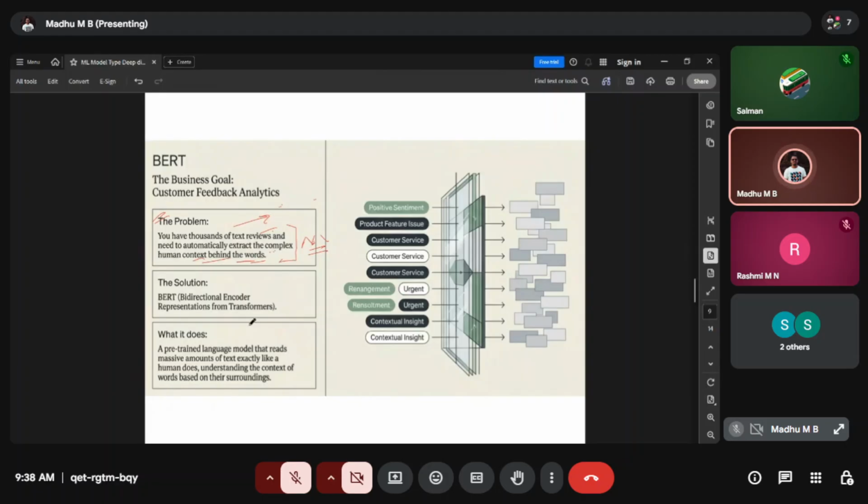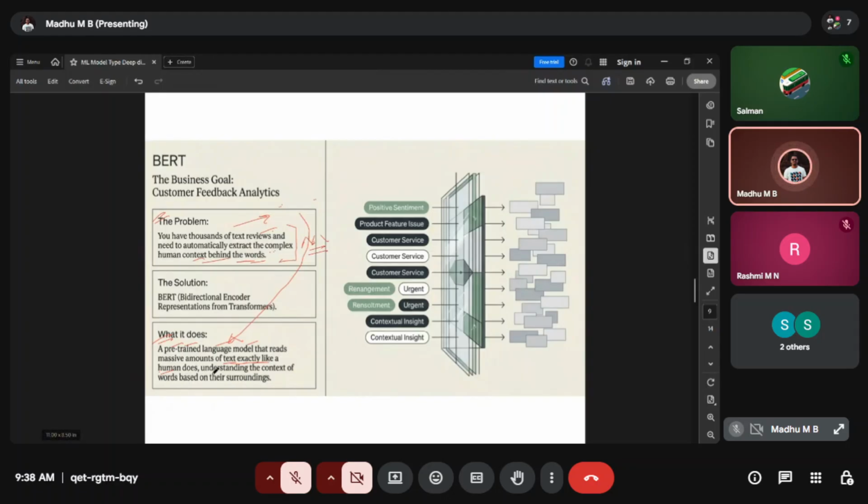For that reason, we will be using BERT. It is a pre-trained language model that reads a massive amount of text exactly like humans. Whenever we get feedback, the text will be fed to this specific AI model, and it is smart enough. This model has already been trained to read like humans, right?